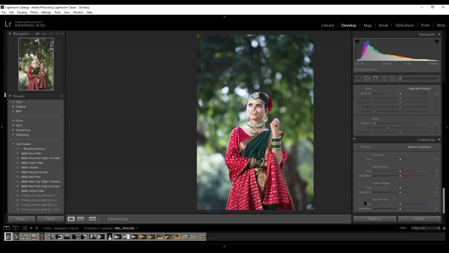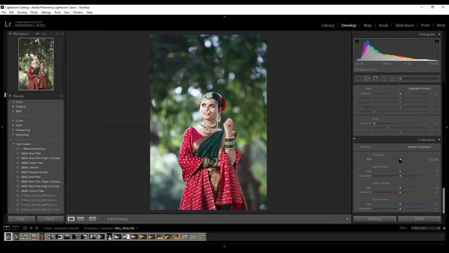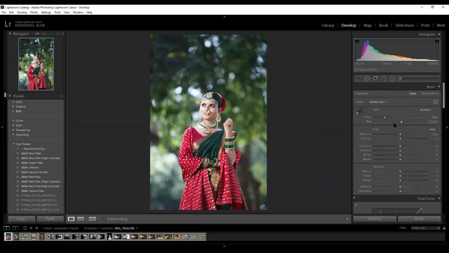So what does it do? As you try to change the tint, it will try to shift the colors. Now understand the basic difference. Here when I remove it, it's trying to shift the tint in the overall image. Can you see it?